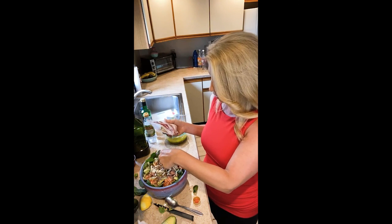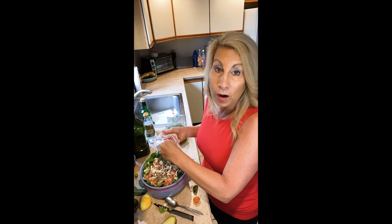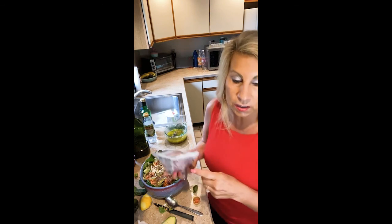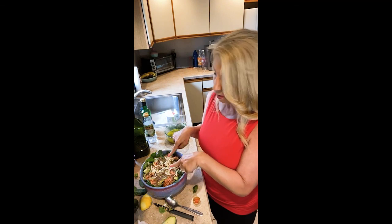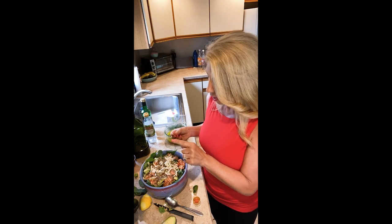The nuts and seeds are what our body needs, and we need them to regulate our hormones. It gives us our omega-3 fatty acids, which the salmon does also. The healthy fat from the olive oil and the avocado is going to make this a superfood salad that also tastes good. So this is something that you can totally have as a whole meal in the Whiteout Challenge